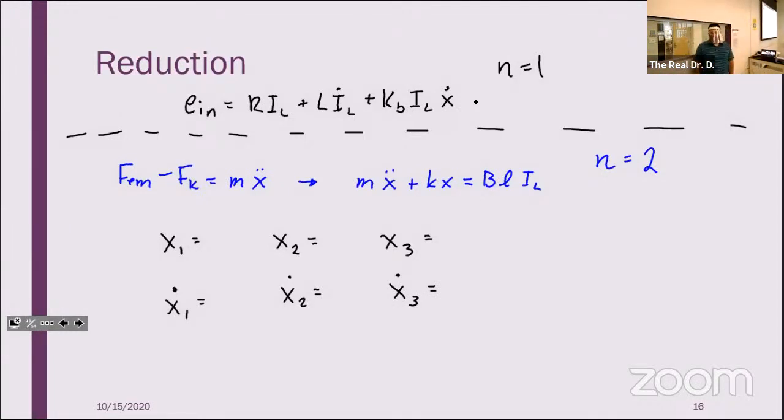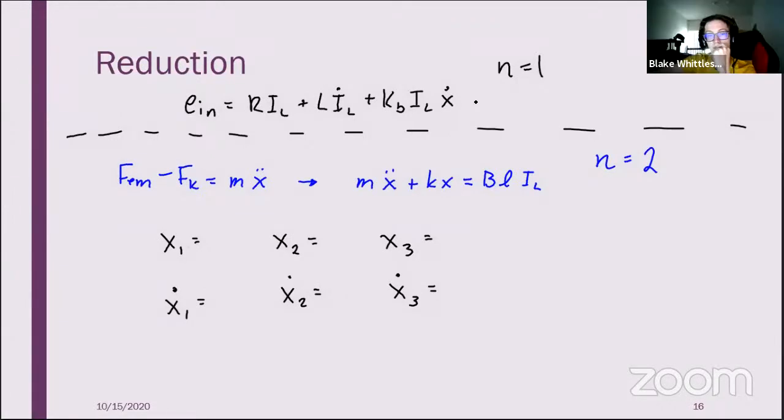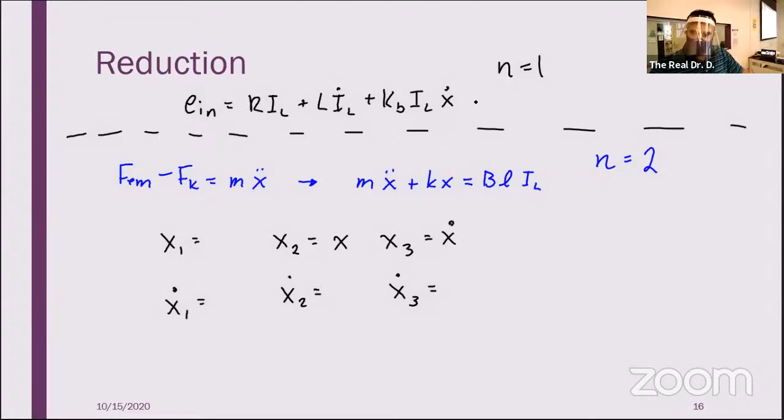What should we have as state variables? X. No? That sounds pretty good. X, sorry, not X dot there, that'd be weird. X and X dot and I sub L. How'd you come up with those? No? Those are the three